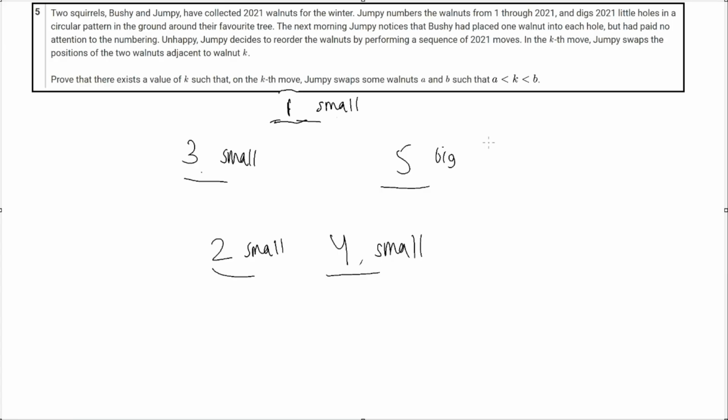Alright, so now that we reduce it to this, where one walnut becomes small every single time, it just suffices to show that we swap a small walnut and a big walnut at some time. Because if we have 2 small walnuts and we swap them, then that does not change whether they are small or not, because 4 is still small and so is 1 when we swap them. So swapping 2 walnuts does not change anything unless we get a winning move. So in fact, we only really care about the